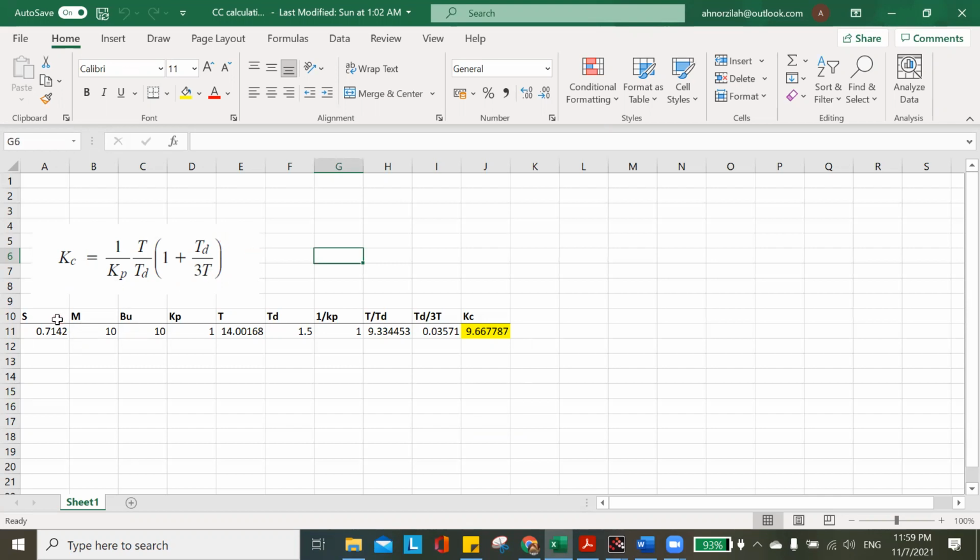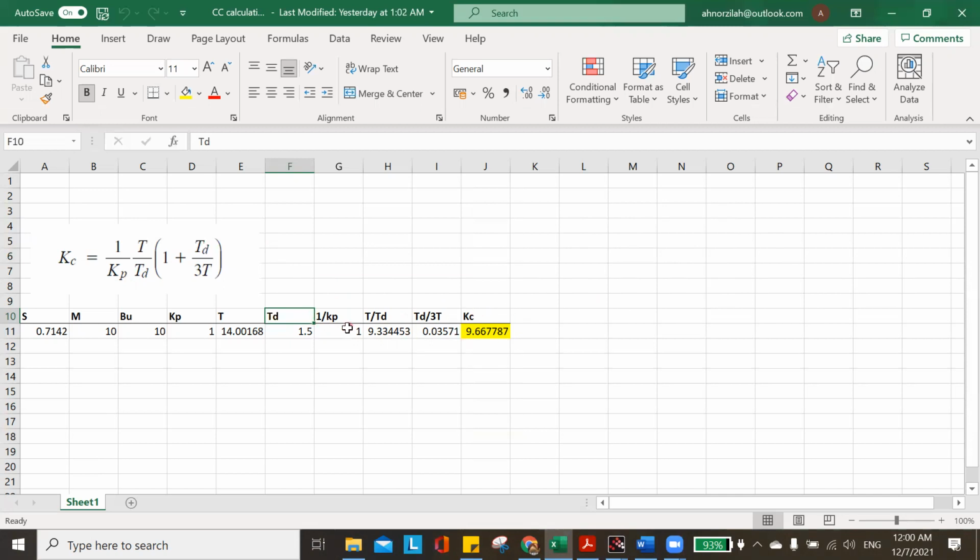I put the value of S determined from the reaction curve, M, BU, KP, T, TD. Up to here I refer to the formula given in the textbook or the lecture notes. I separate the expression so that I can easily calculate the whole equation. So I separate into 1 over KP, T over TD, TD over 3T, and the last one I get the